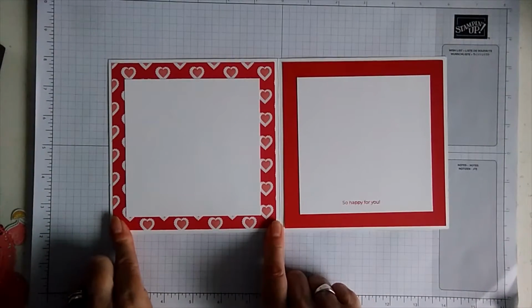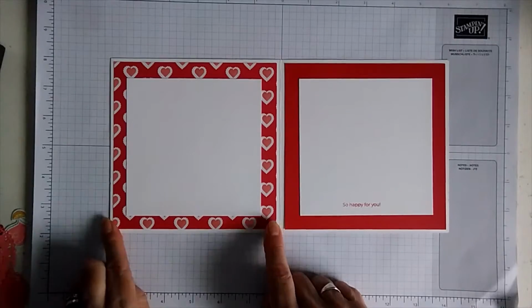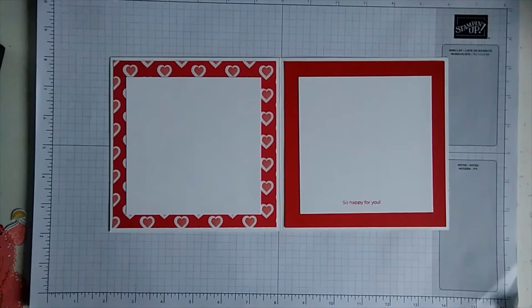And my designer series paper on the inside of the card is cut at 5 3/4 by 5 3/4, or 14.5 by 14.5. The two areas of the Whisper White cardstock here, they're both 4 3/4 by 4 3/4, and that is 12 by 12. What I didn't say at the outset was the 12 by 12 Whisper White cardstock is